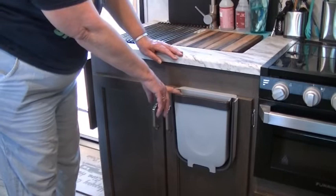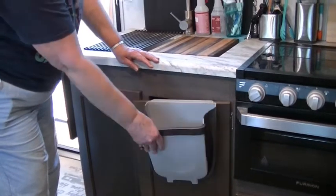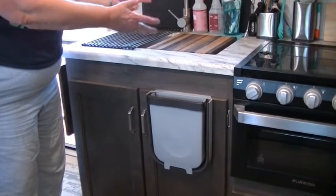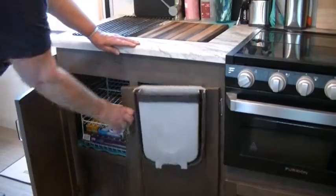I have this little trash bin right here that I put plastic bags in. It hooks right on the cabinet door, and it's very convenient for when I'm chopping vegetables or something and I have to throw something away really quickly. And then under here,